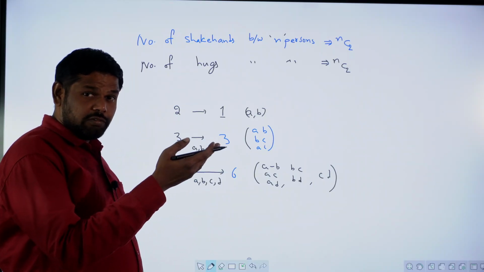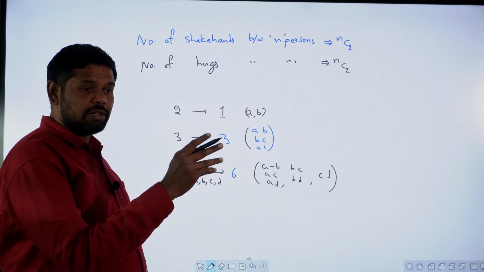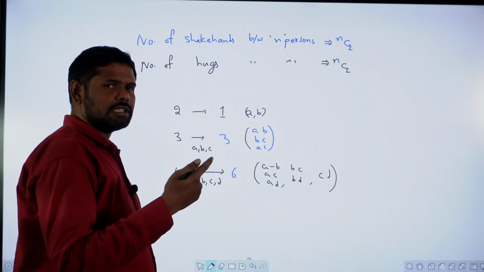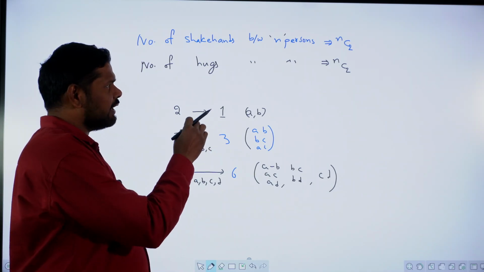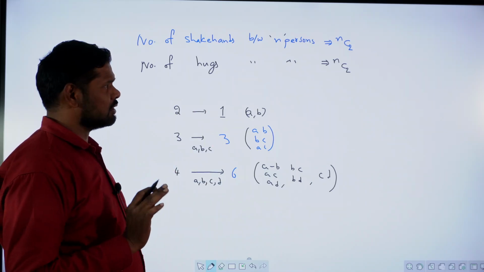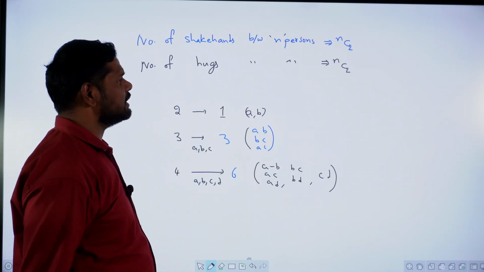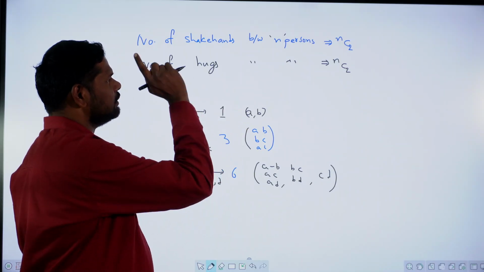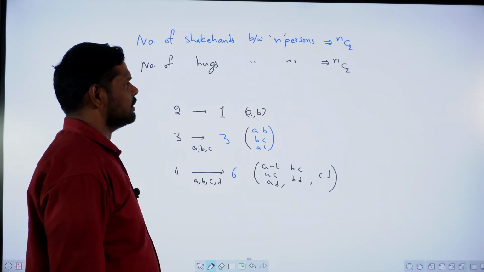10 males and 20 females are there. Males and females hug each other. How many? In such questions, we answer according to the data given in the question. But the basic point is, if 2 persons are there, then one hug is possible. If 2 persons are there, then one shake hand is possible. And